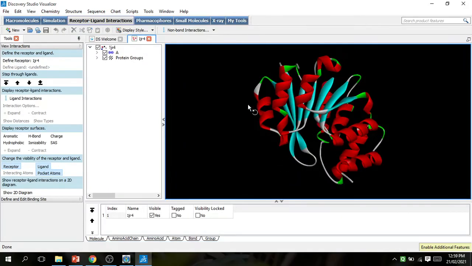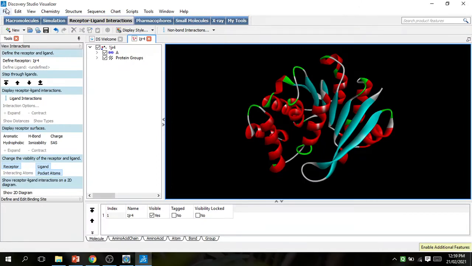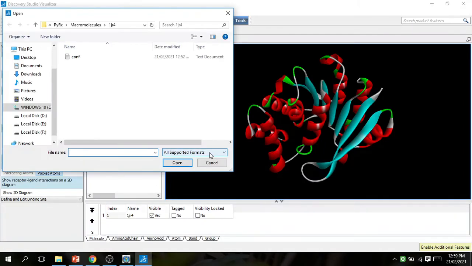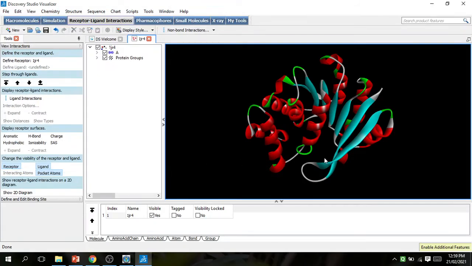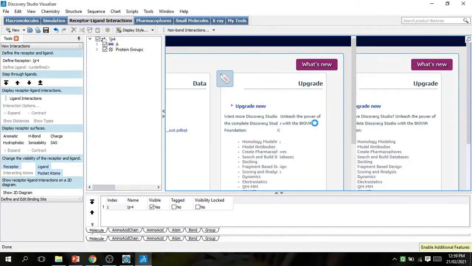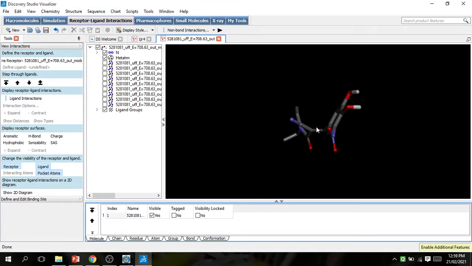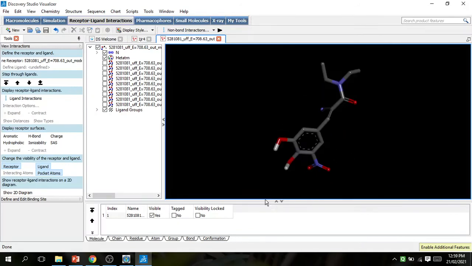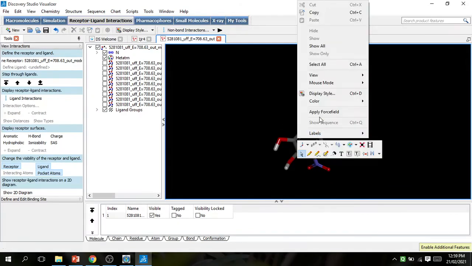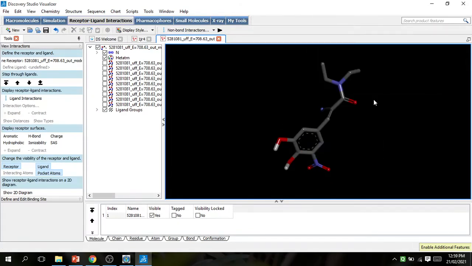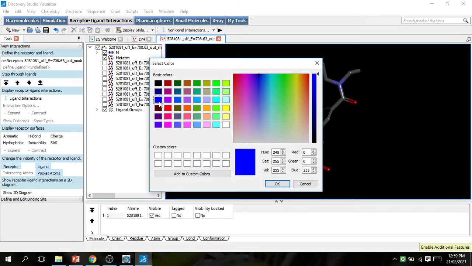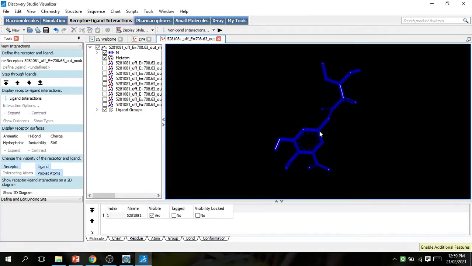It is the protein catechol-O-methyltransferase. File, open, select the ligand. This is the ligand entacapone. Open this. Right click, give it color blue. Okay. Copy this.